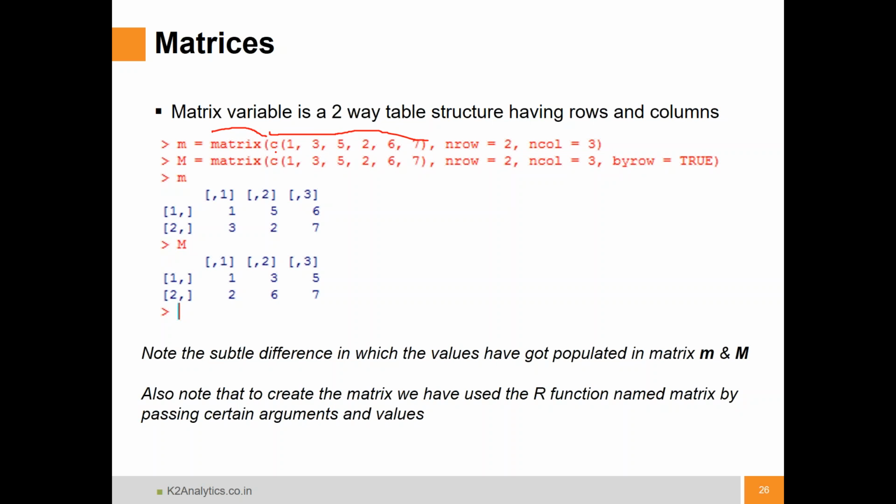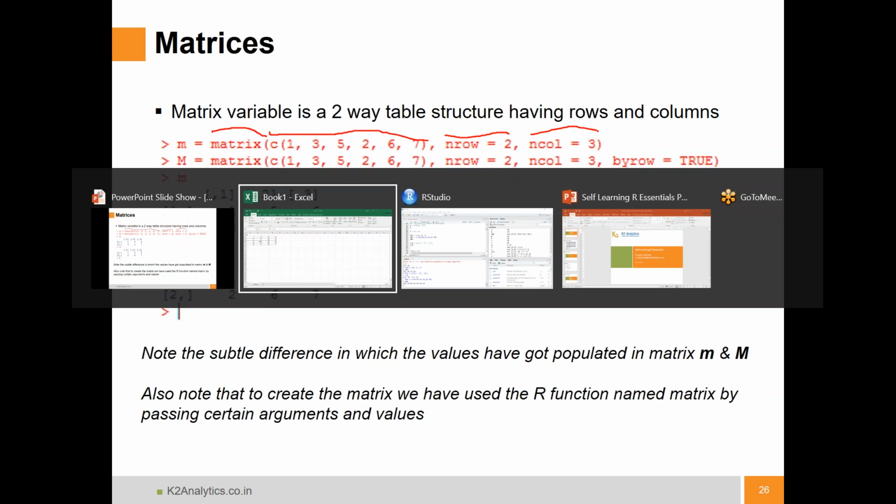Now if there are 6 values, I can create a matrix which is 1 by 6. I can create a matrix which is 2 by 3. I can create a matrix which is 3 by 2. Agreed? Or I can create a matrix which is 6 by 1. So I need to tell the matrix how many rows and how many columns I desire. So I am saying that these 6 values should be arranged in 2 rows, 3 columns. So when I run this command,